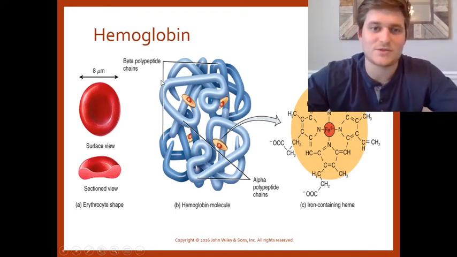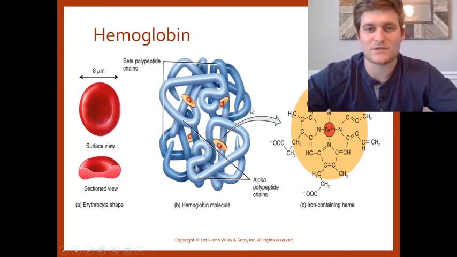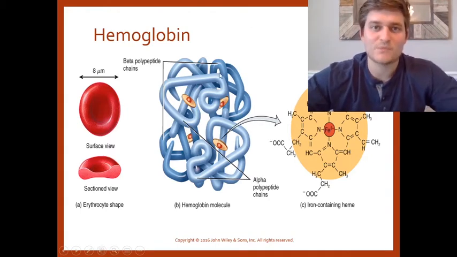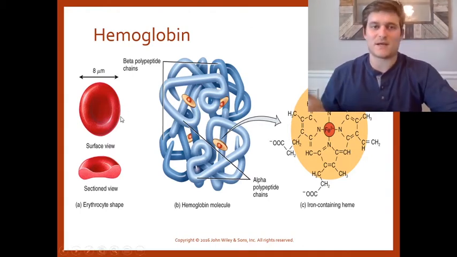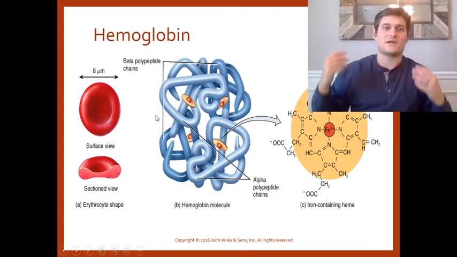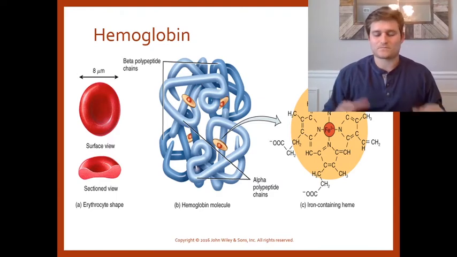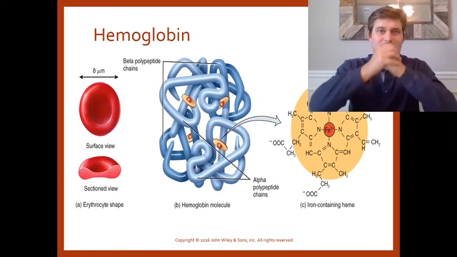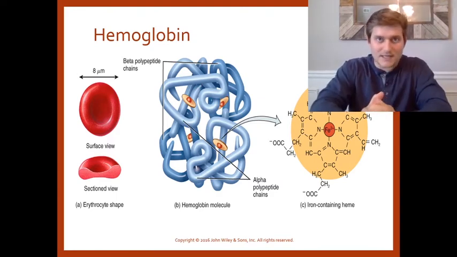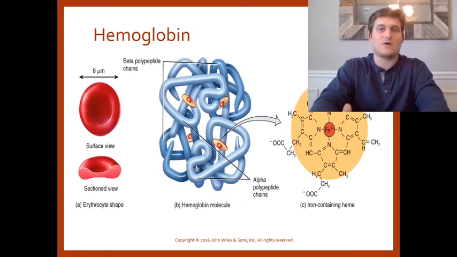So once one oxygen molecule binds to one of the subunits, then it's more likely that the other subunits are also going to be filled with oxygen. And what's going to happen is that red blood cell is going to pick up those oxygen molecules. The blood as a whole goes from the heart, the left ventricle, out to the rest of the body. And then oxygen is going to stay attached until it gets to a place with low concentrations and low partial